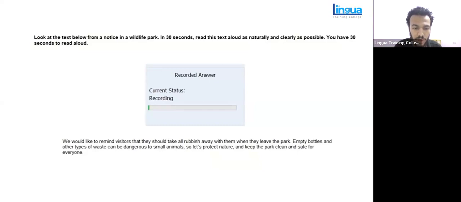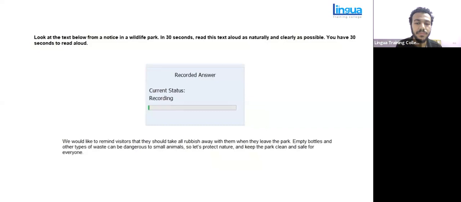Dangerous to small animals, protect nature, safe for everyone. So now let's say the 30 seconds finished. I heard the beep. Now I need to speak. When we're speaking also, we need to consider the commas and the full stops and the text that will help